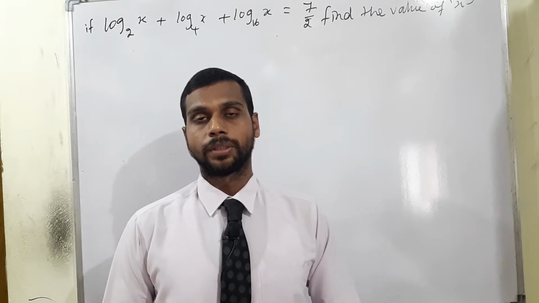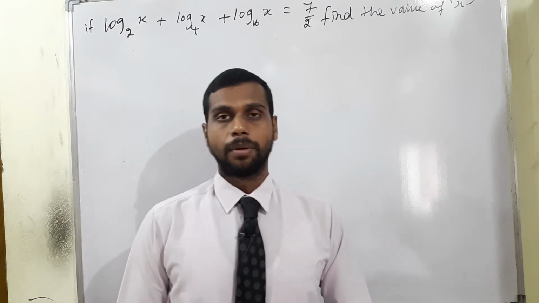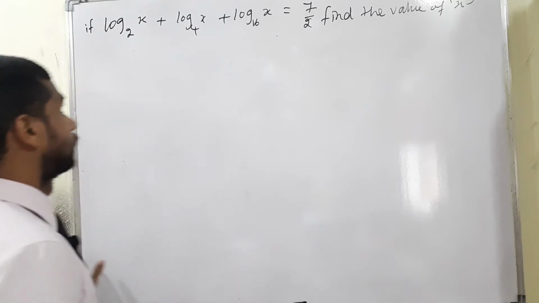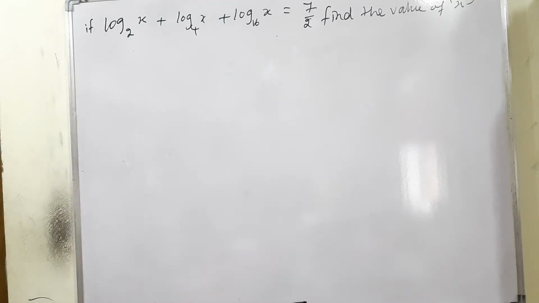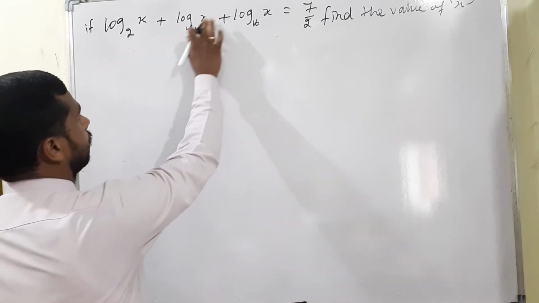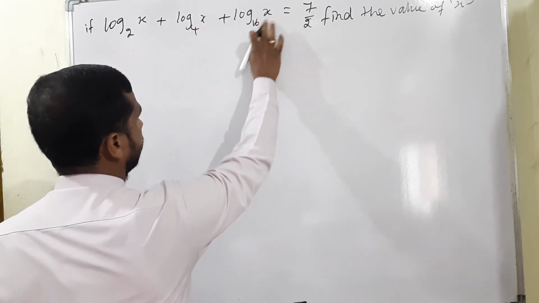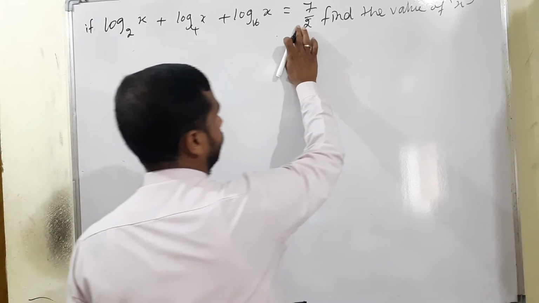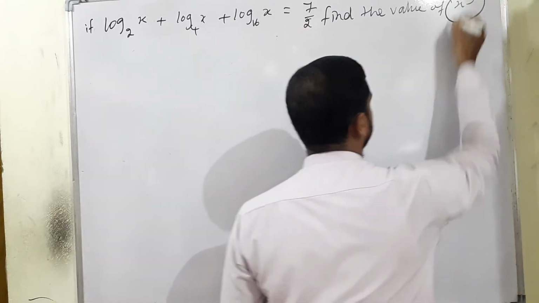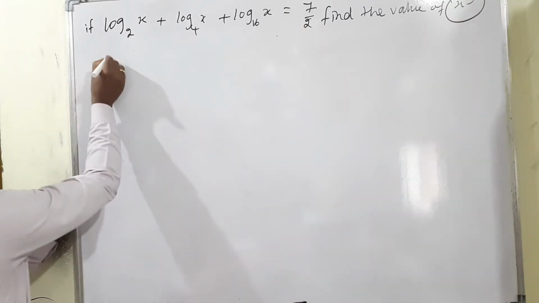In this conversation, we are moving to an example problem in the logarithm concept. Question: if log x base 2 plus log x base 4 plus log x base 16 is equal to 7 by 2, find the value of x. So, solution: